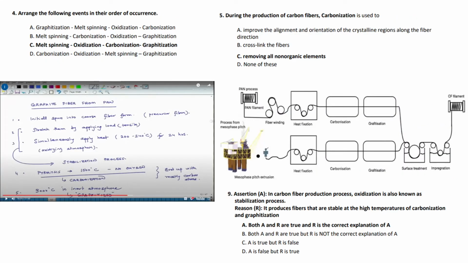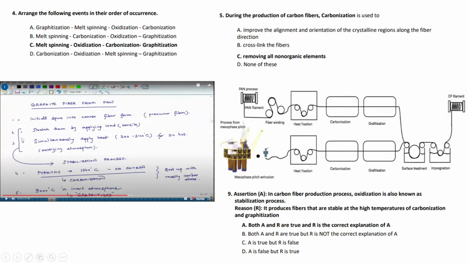So now we move towards the next question. In this, these three questions in this particular assignment were related to the manufacturing method of carbon fibers. So we see here, this is what sir explained that initially we take a highly concentrated carbon source, then we melt it, and then using melt spinning we obtain carbon fibers.